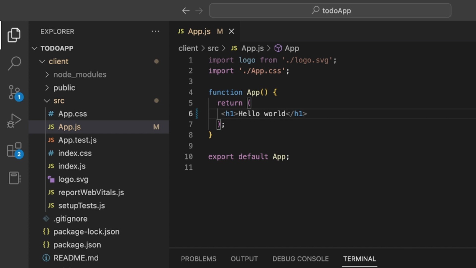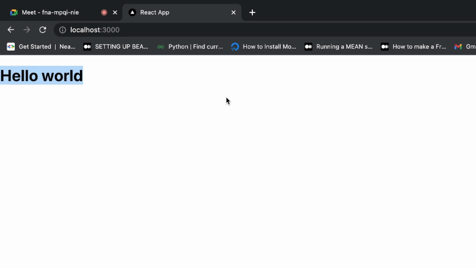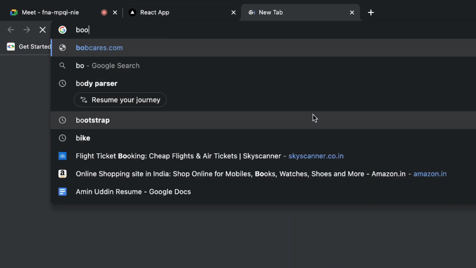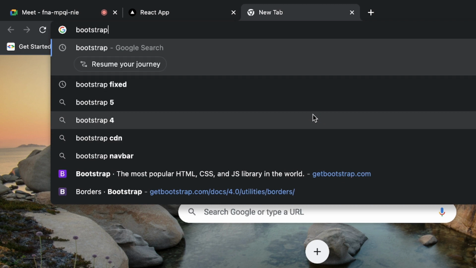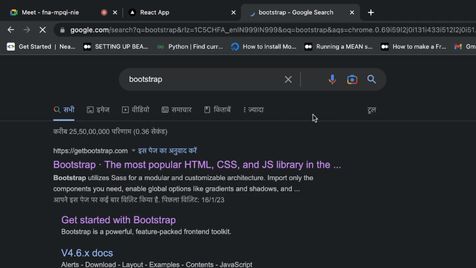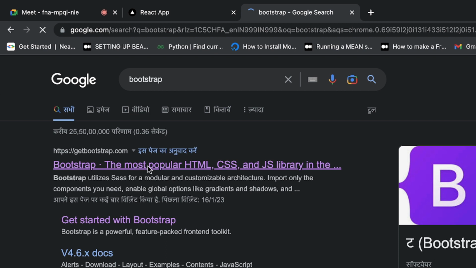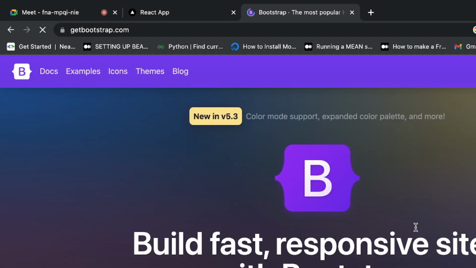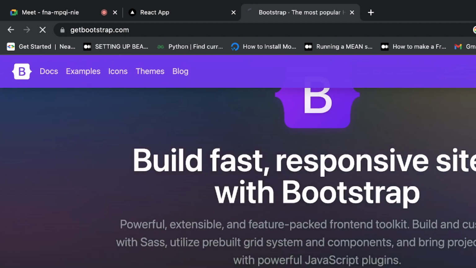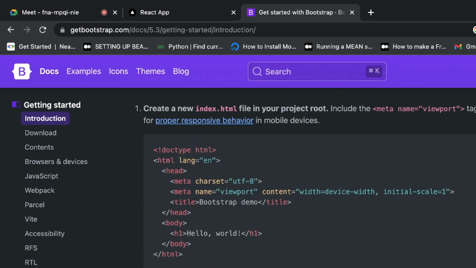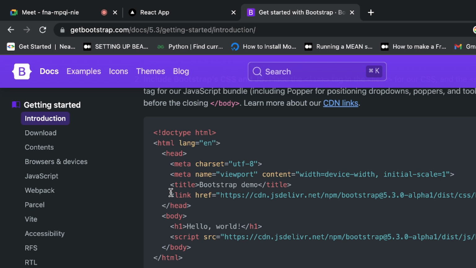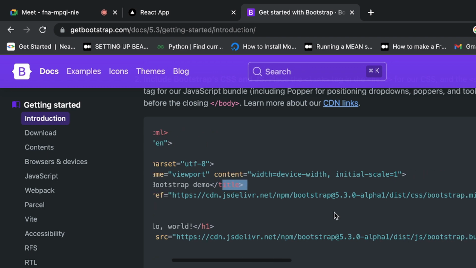As you know, I love to use Bootstrap for my styling part. So I directly jump to a tab and search Bootstrap. Bootstrap is easy for the beginner. It is a very easy tool for handling the UI. So I am going to use Bootstrap and go to the read docs, and we need to get a link. This is the link where you can add it,